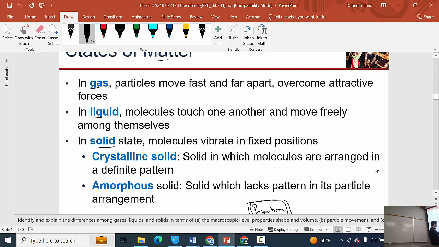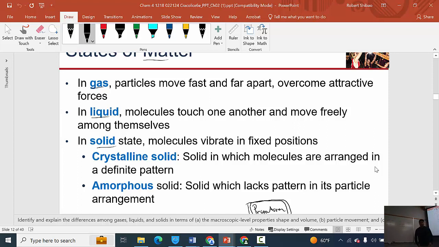We also have amorphous solids, which don't have such good order. We'll talk more about crystalline and amorphous solids. I don't really want to talk much about this now, so you can ignore this for right now. When we get back to solids, then we'll look at them in depth. But we have solids, liquids, and